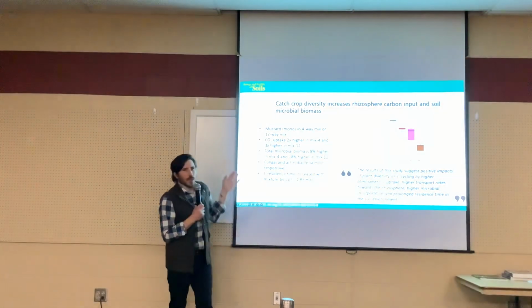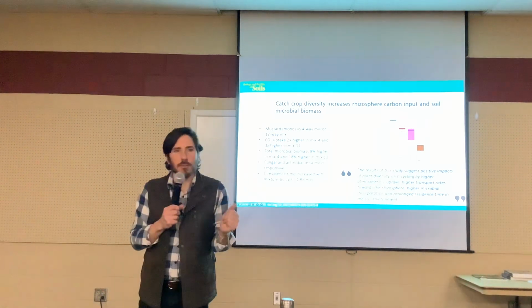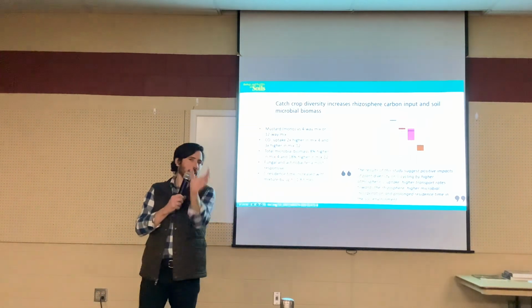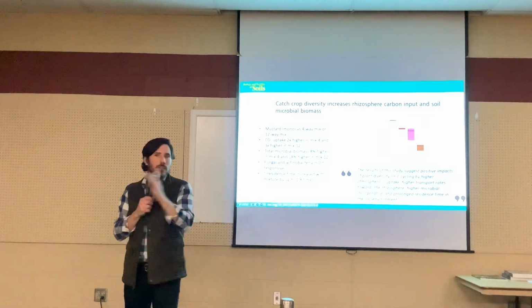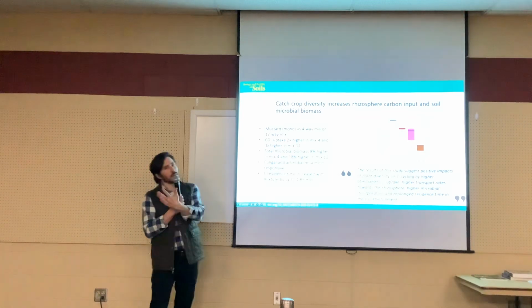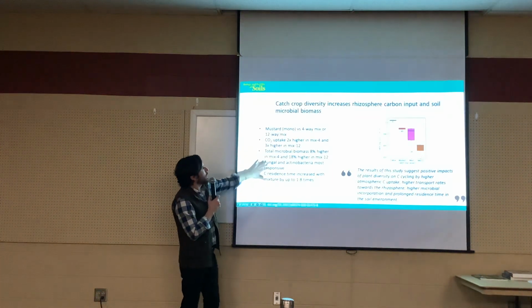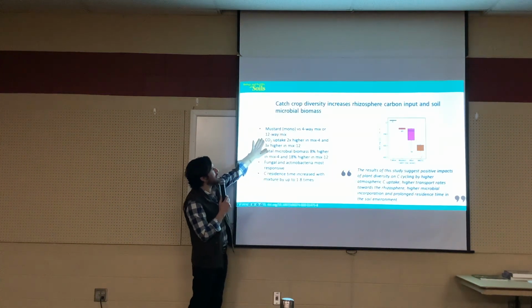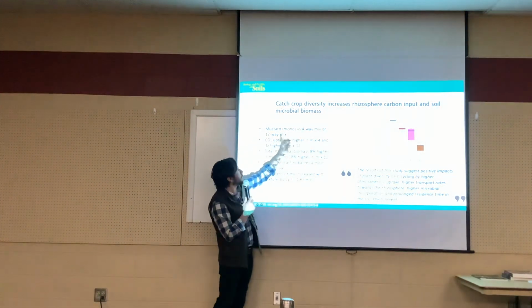I don't know if you guys use the word catch crops. It's kind of a thing over in Europe. It's basically a cover crop, but normally we would associate it as more of a summer cover, a really short temporary cover in the summertime between two of your main cash crops, like a cover crop in the winter kind of thing. It's basically very similar. But so we're comparing here a mustard monoculture with a 4-way mix or a 12-way